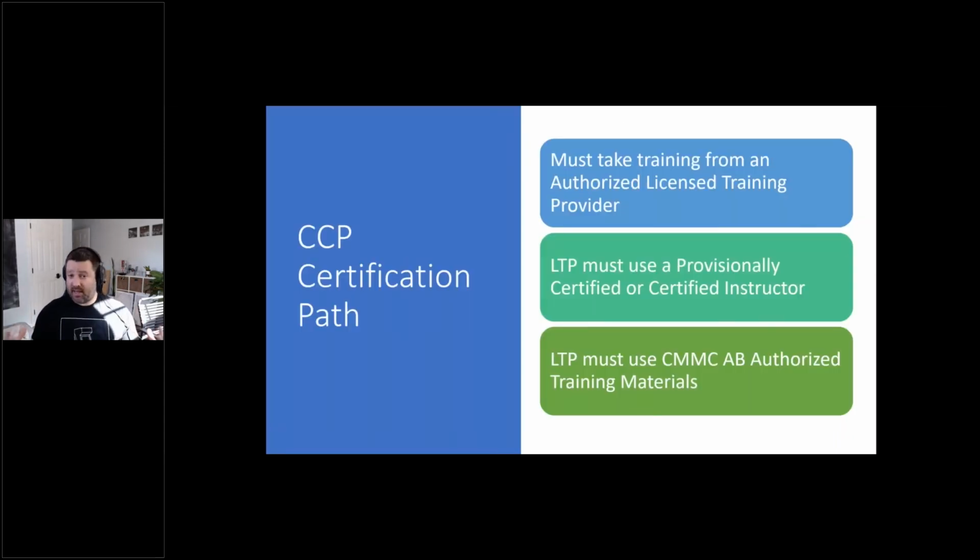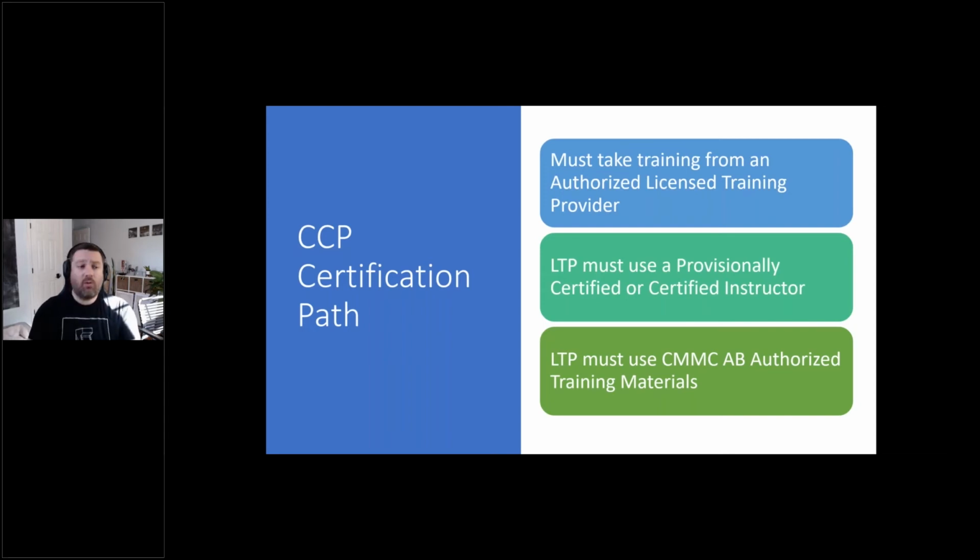Now, the biggest thing here is that there is currently one certification available from the CMMC. There will be many more, and I will show you what those are. But the current certification is the base level certification, the Certified CMMC Professional, or CCP. The only way to achieve that certification, and I want to be very clear about this because there are many organizations out there that are not being forthright about their training procedures. And they're saying, oh, come train with us, you'll get CMMC certified.